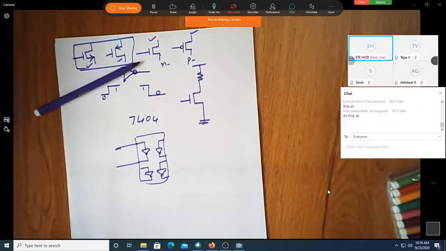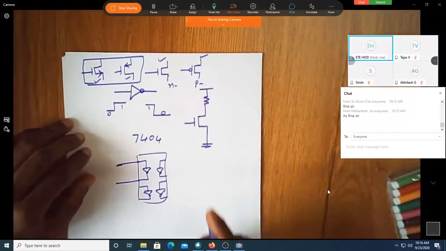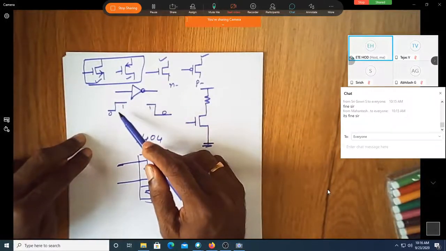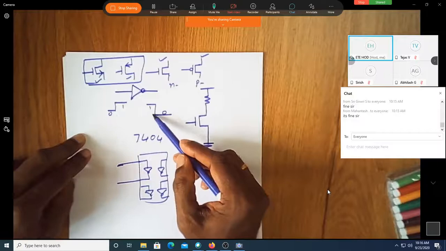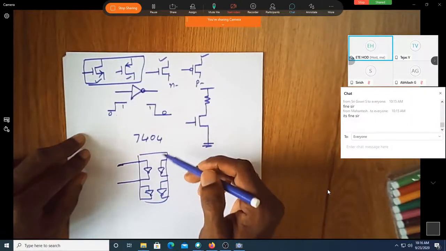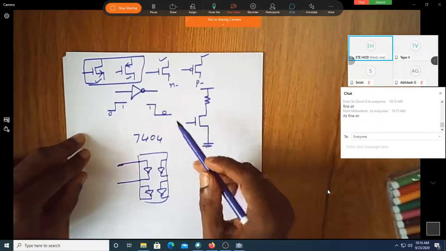Okay, recording. Done. So we're now basically trying to find the working of an inverter. This is the symbol. This is the input I have given. I'm expecting this is the output. This is a possible 7404 inverter IC which you used in your DES lab to get the same operation.